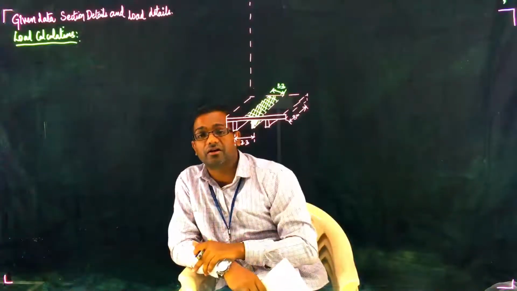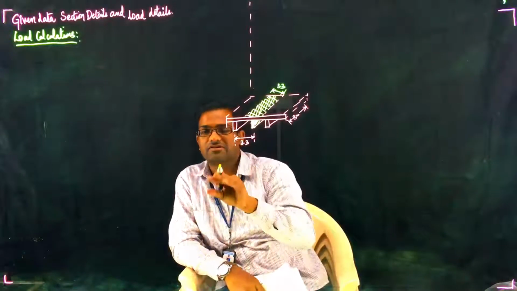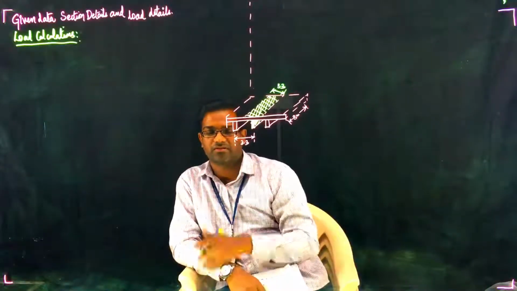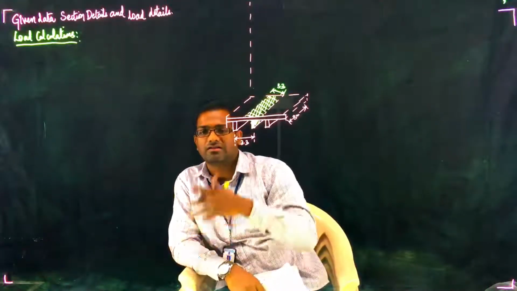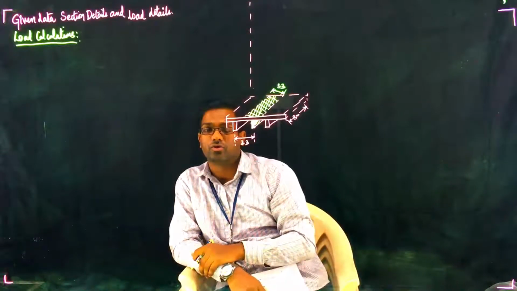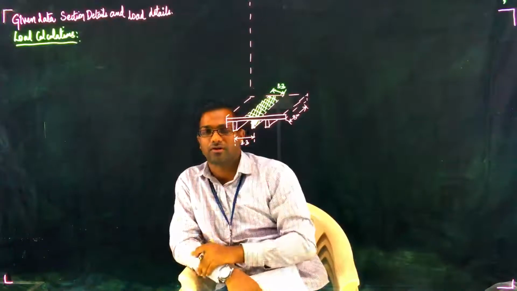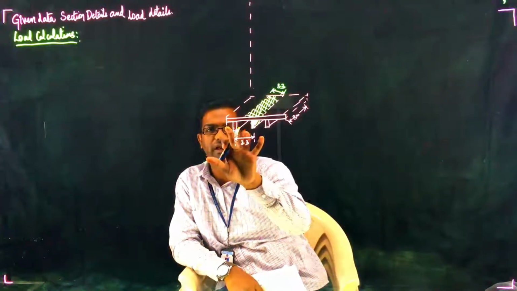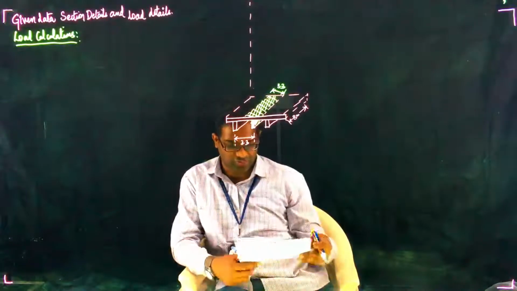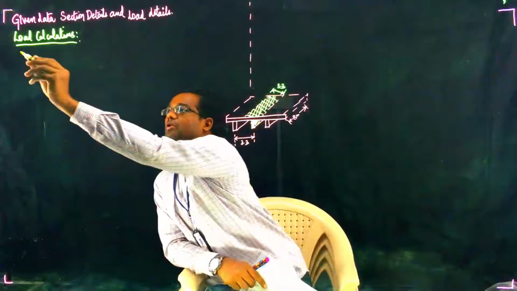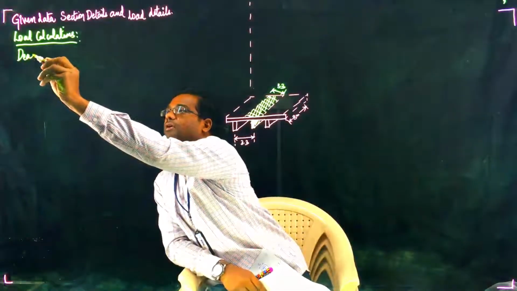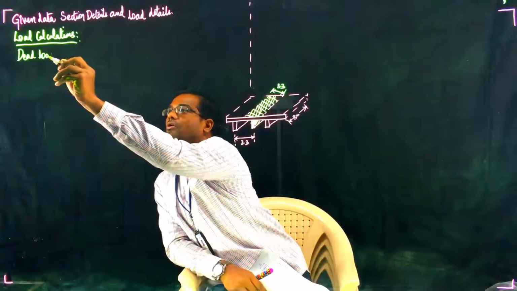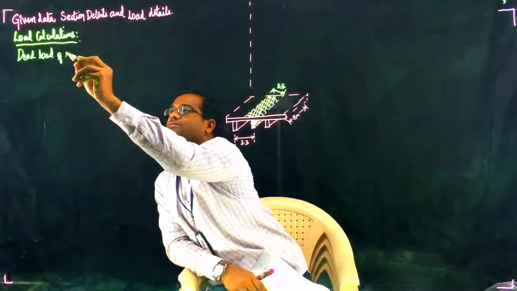Those loads come under finishing loads. Then comes the dead load of slab. Then comes the dead load of beam. This is all dead load. And then comes the load which is taken by the slab due to wall. These loads are all given to you. Now we will calculate one by one. So first we will take dead load of slab.